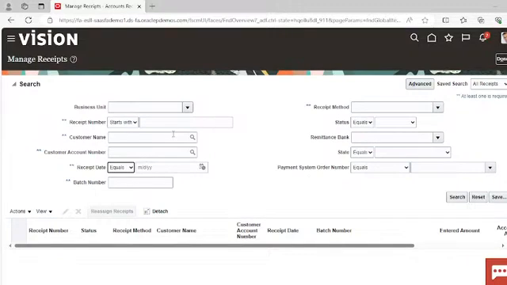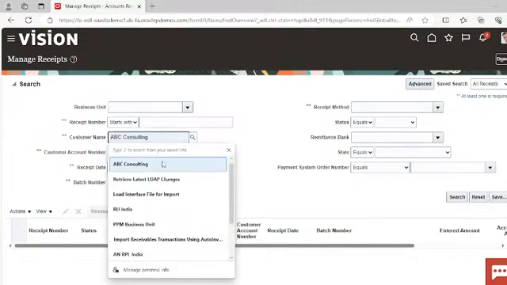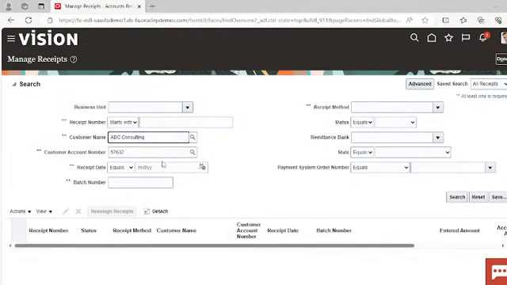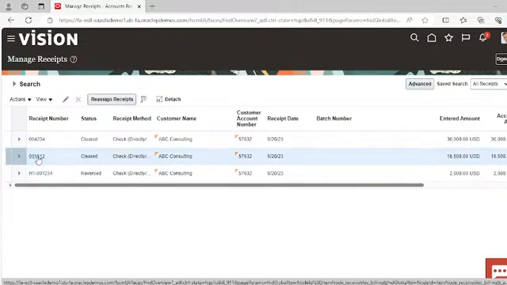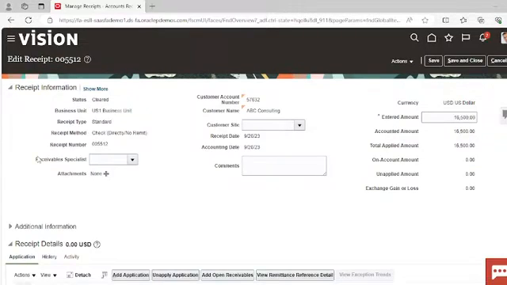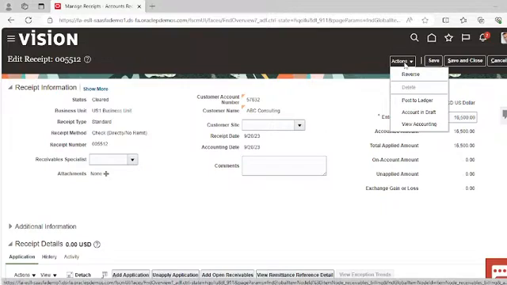Let's search it out with the customer name. Click on the receipt number. And in the actions, you can see that you have an option that is reverse, post to ledger, account in draft and view accounting. So when you click on this reverse option, this receipt will be reversed and it